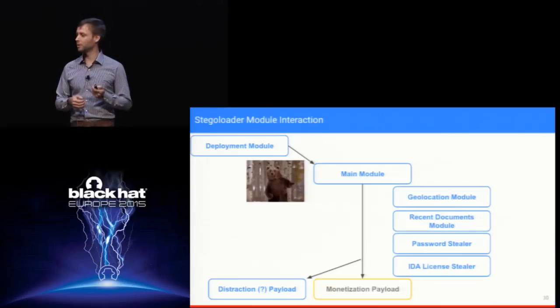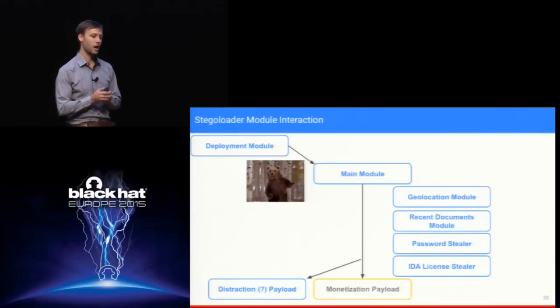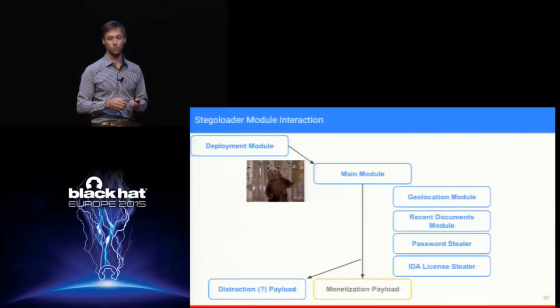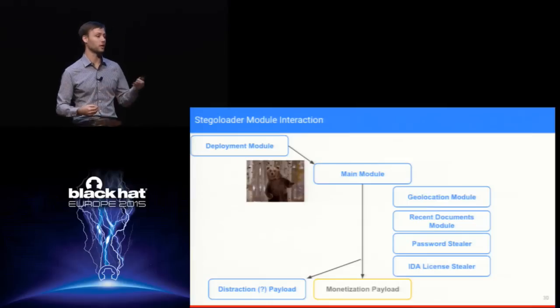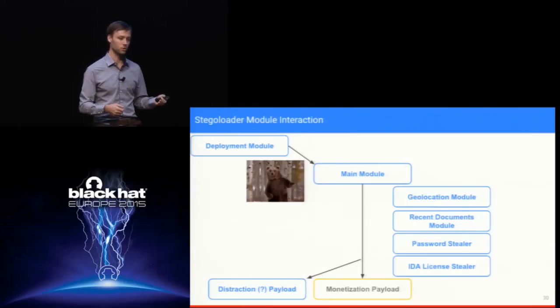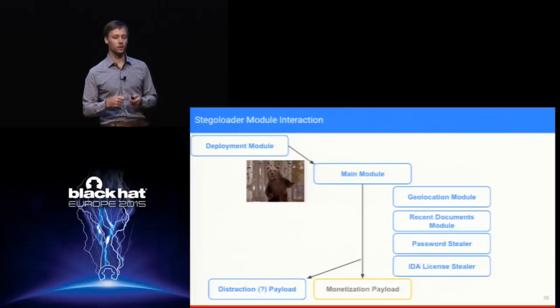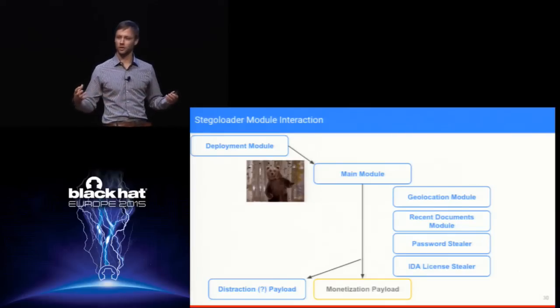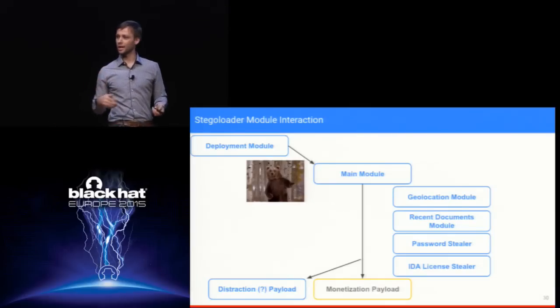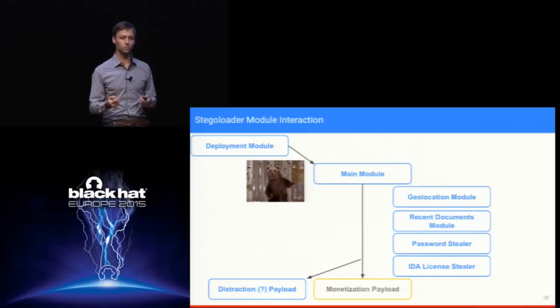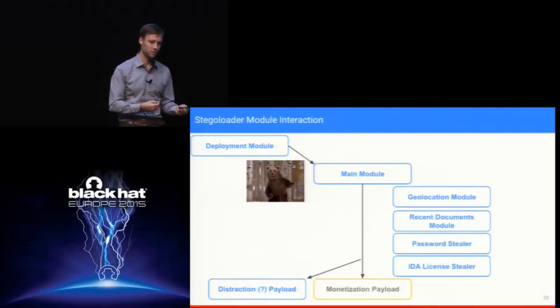So this is a bit more of a complete explanation of how Stegoloader works. We were telling you about the deployment module that downloads the image and starts the main module. Once the main module executes, it will create a profile of the infected host, send it to the server, and then try to download new modules as they are decided by the